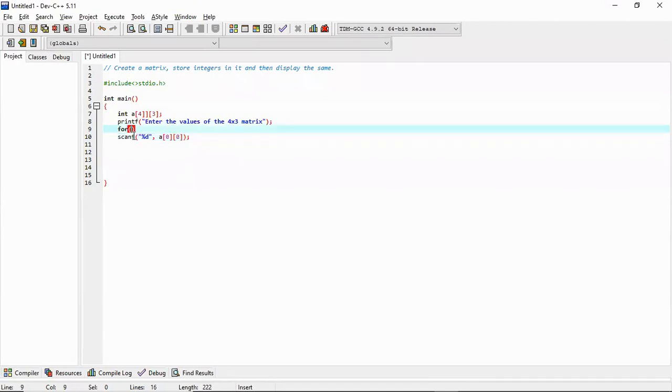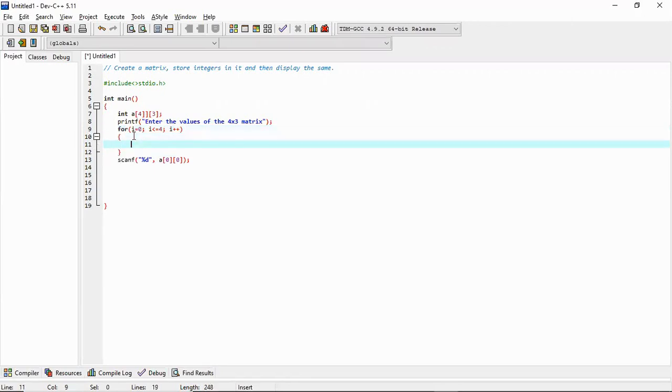So this is the row loop. Let us say we started from i. It will go from 0 to, since the number of rows in this matrix is 4, we can take it to 4, i plus plus. So this loop will control the rows.